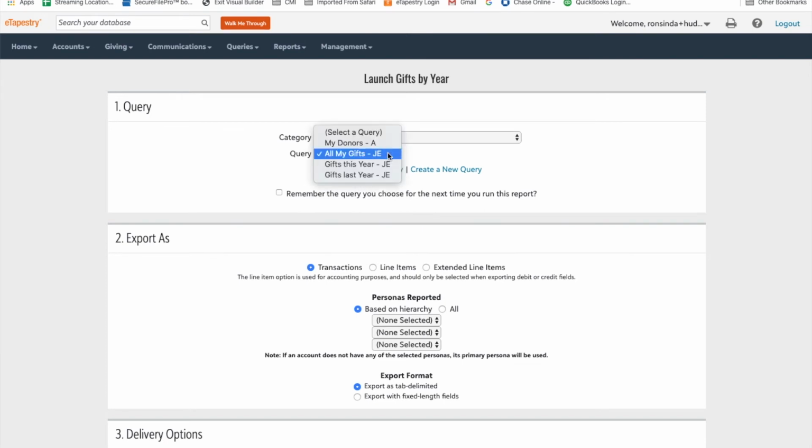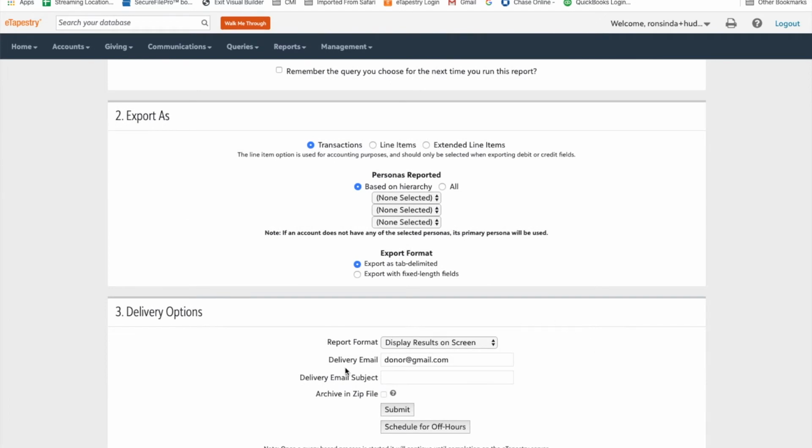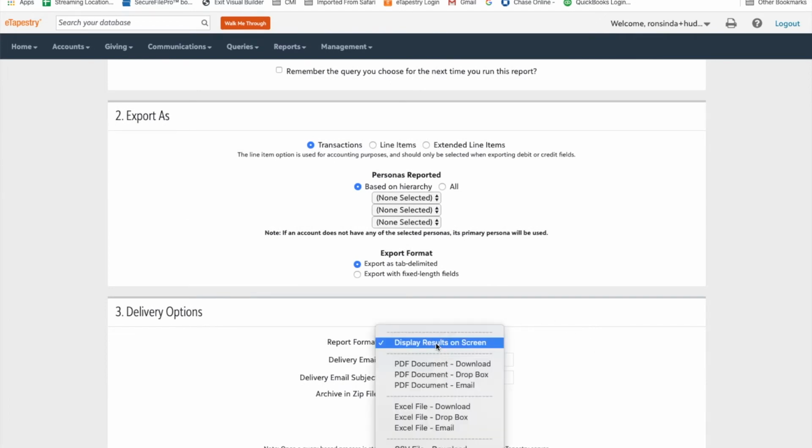We wouldn't want just year to date, or it wouldn't be able to display the 2018, 17, or 16 gifts. So this query, all my gifts, and we're just going to take the defaults on everything, and we can display it to the screen, or we can have it